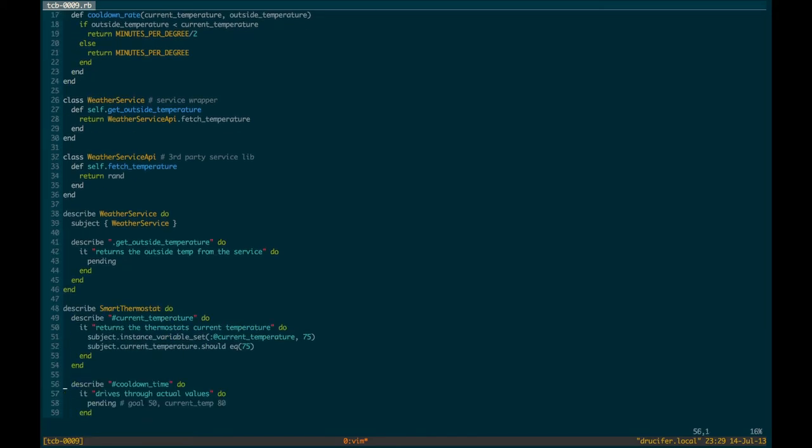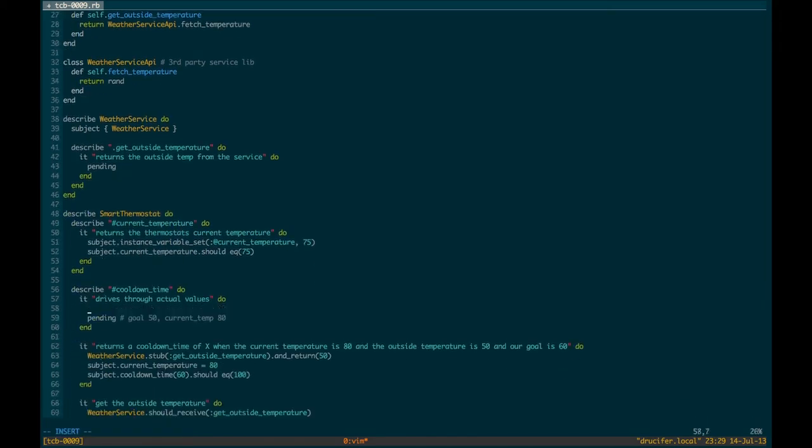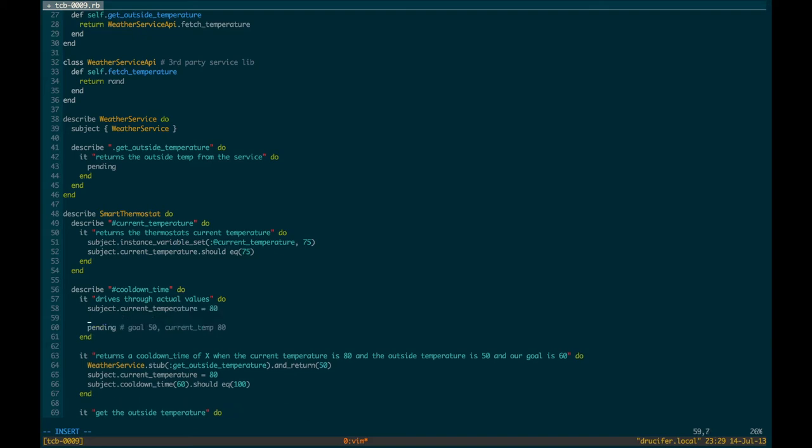So if we go down to our integration test, we can start out by doing subject current temperature equals 80, which is the example, and we can do subject dot cooldown time and give it a goal of 50,